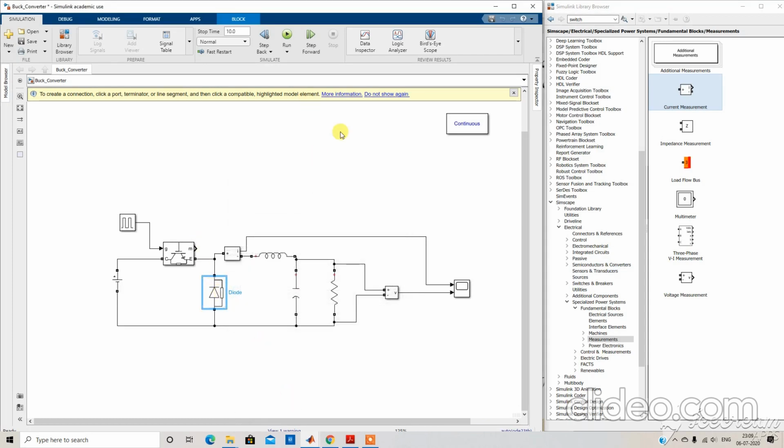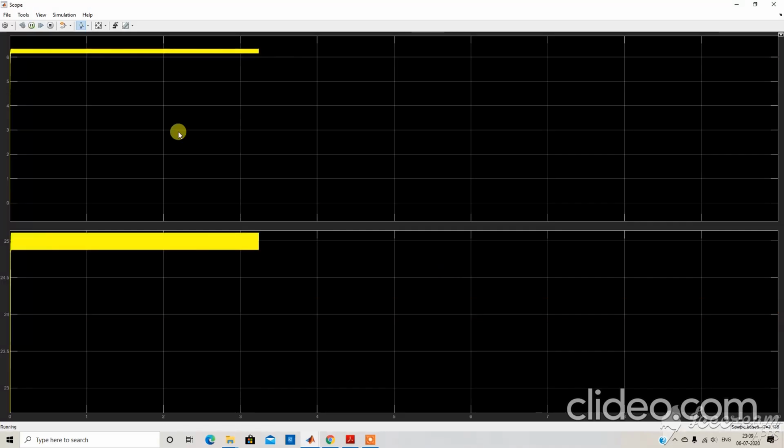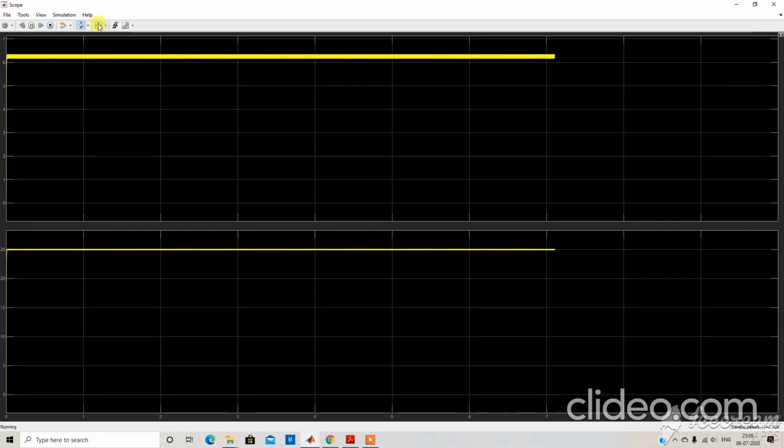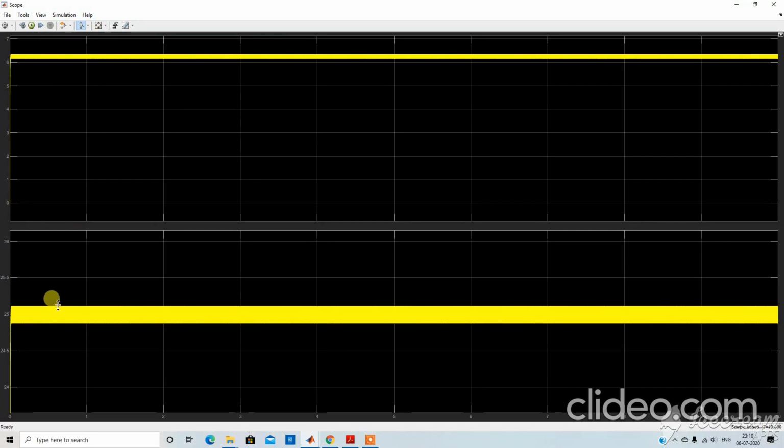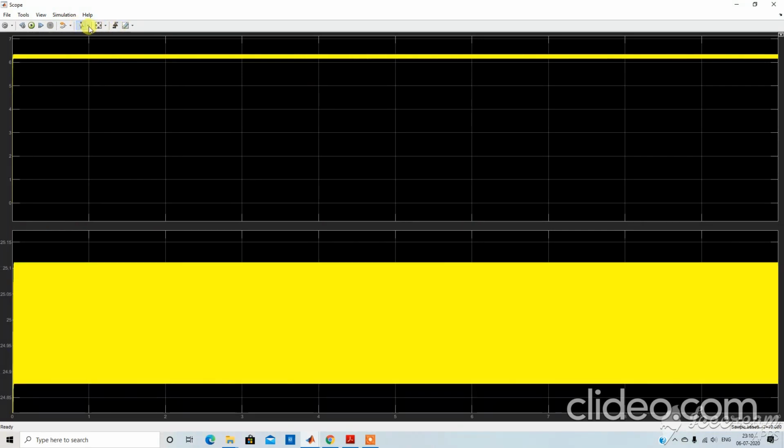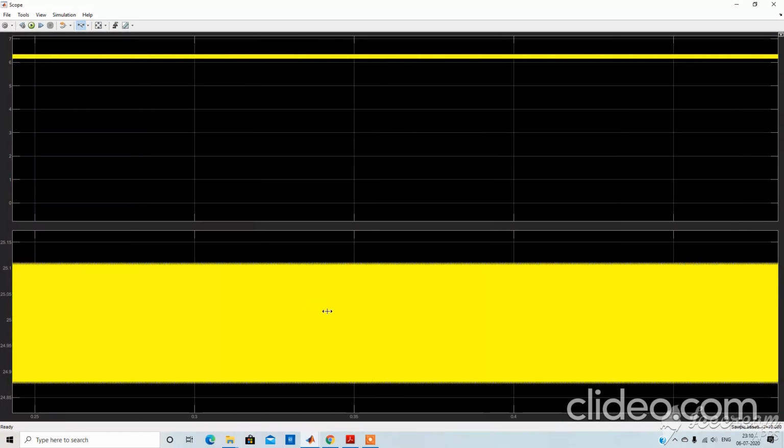Then we simulate again. Now we can see this output voltage is coming around 25 volt and it has some ripple.